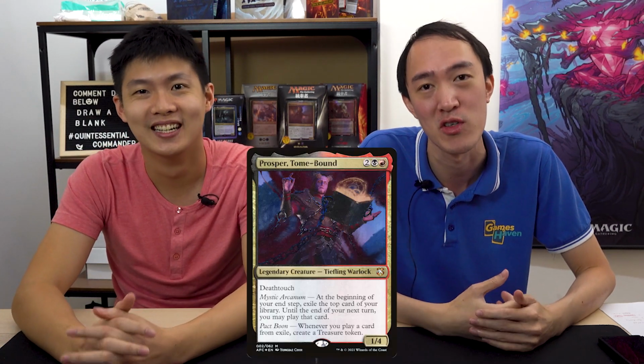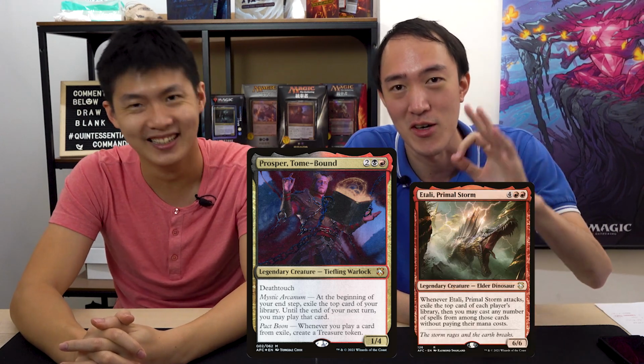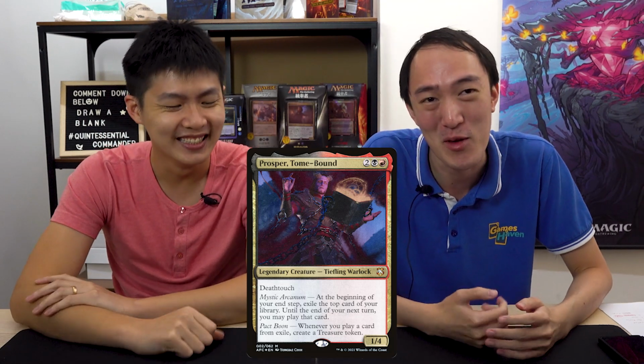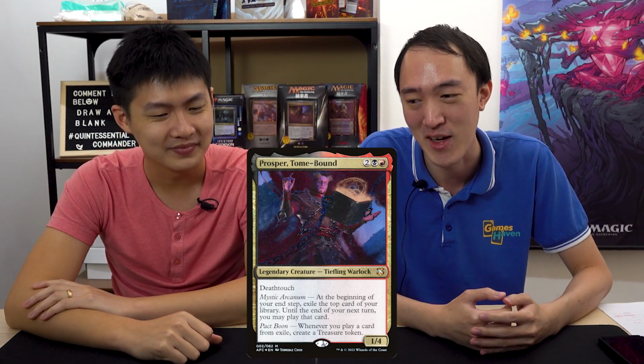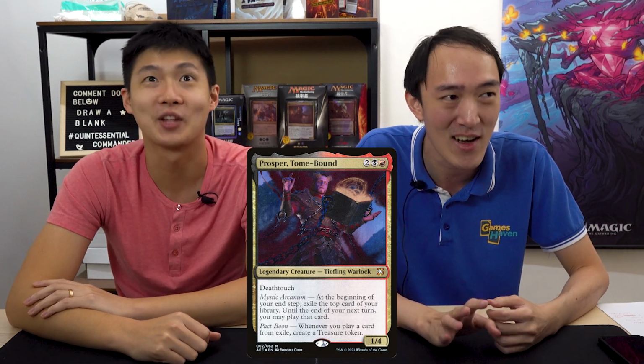I'm going back to red cards. My favorite card for 2021 is definitely Prosper, Tomebound. Wow. Because you can play Etali in the deck and it's totally on theme. No, but really, you probably noticed with Vega and my honorable mention of Etali, who was not released this year, that I really like